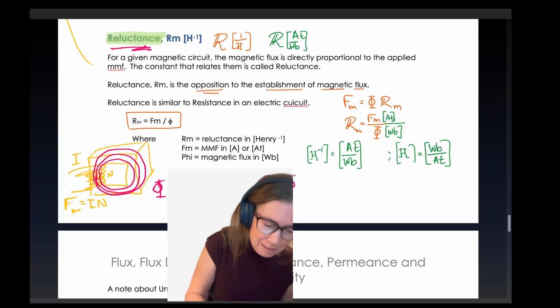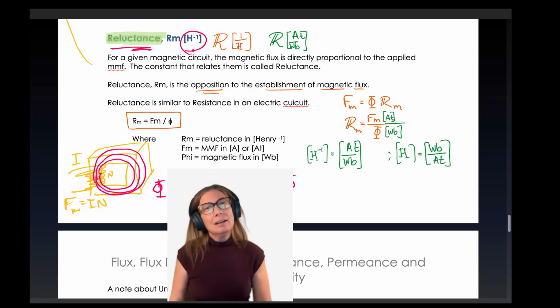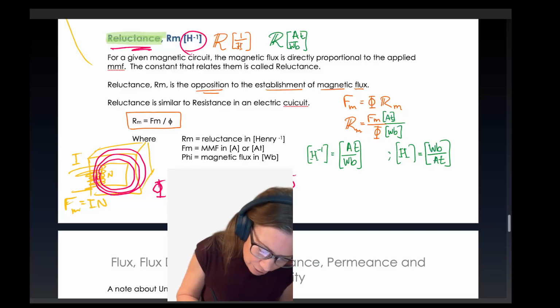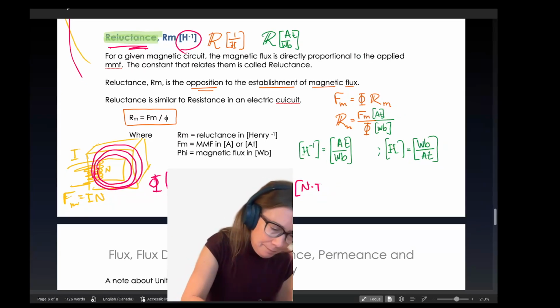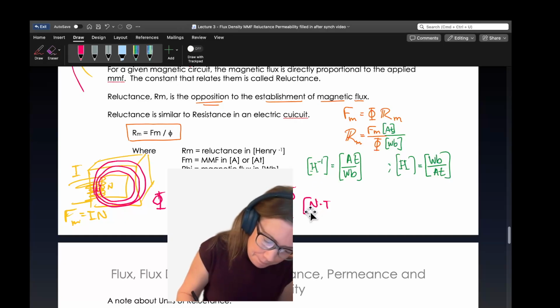It's called reluctance. It's got this funky unit called a Henry to the minus one. But what is it really? Let's rearrange this equation and solve for Rm. Rm is actually then Fm over flux. And so Rm in units is going to be N times I, not N times I. It's going to be,